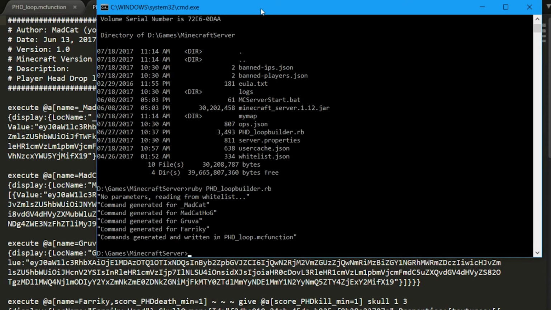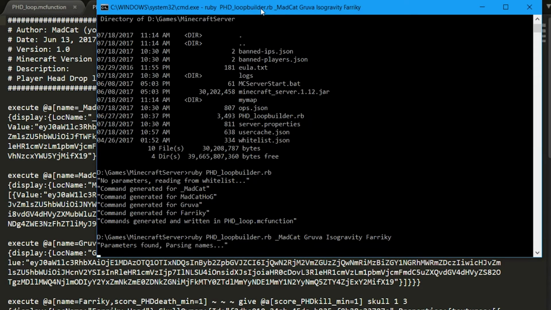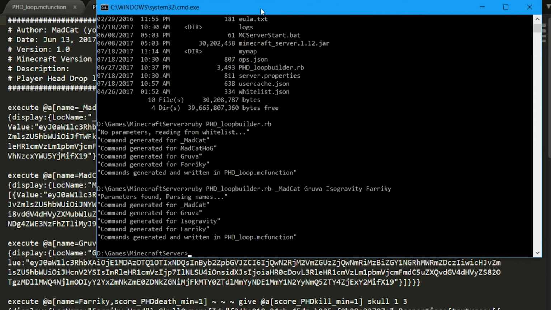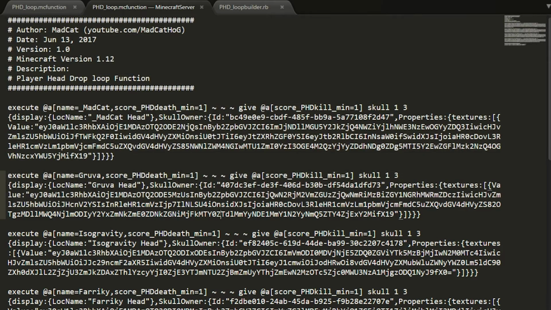The second option is to write Ruby phd the builder, followed by a list of your server members, the in-game names, separated by spaces. Let's say MadCat. Let's take a look again. This is the same file,